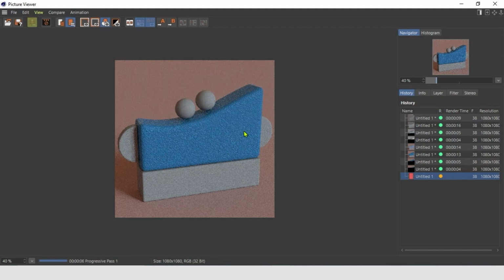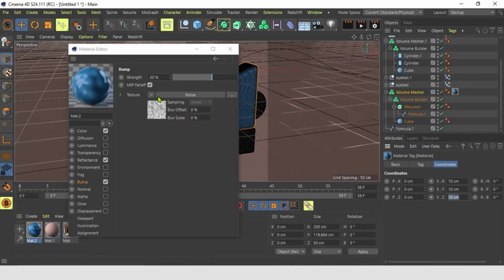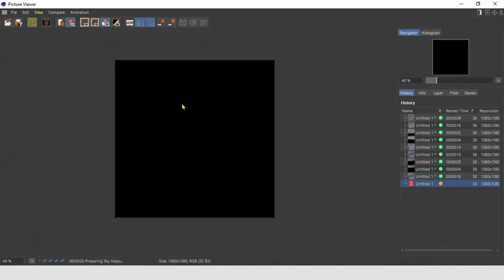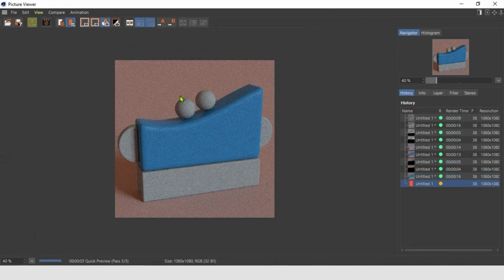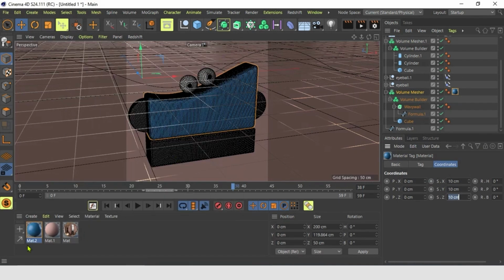Let's see how that looks. And you see now we get nice little bumps and it starts looking more realistic and like a plastic surface. Good. We can put the strength down and do something like 2, and we can see how that looks. And this looks pretty nice. I am fairly happy with it. It starts looking quite realistic and nice. Okay, good. So this is a good base for us to work with.